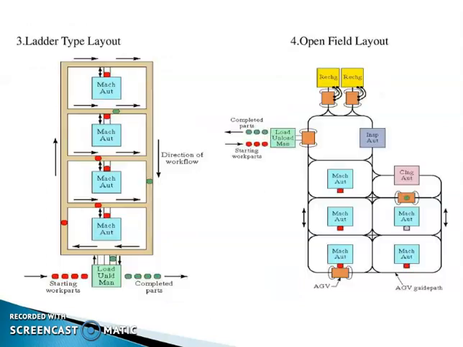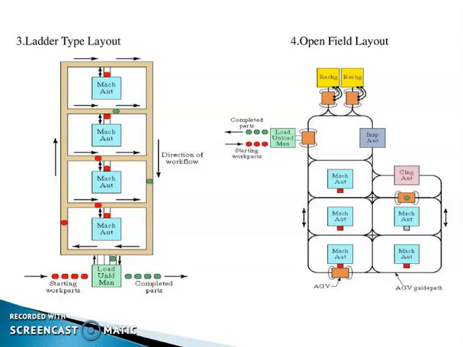The next one is ladder type layout. Here we can see this loop consists of rungs between the straight sections of the loop. The rungs increase the possible ways of getting from one machine to another, which is required for the secondary material handling system. This reduces the average travel distance and also minimizes congestion, so that the transport time between workstations reduces.